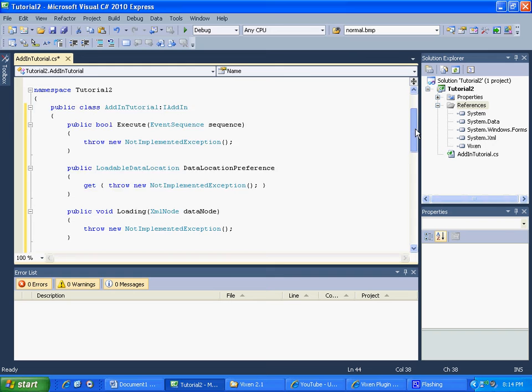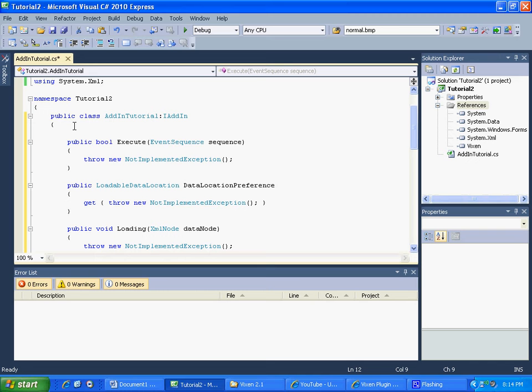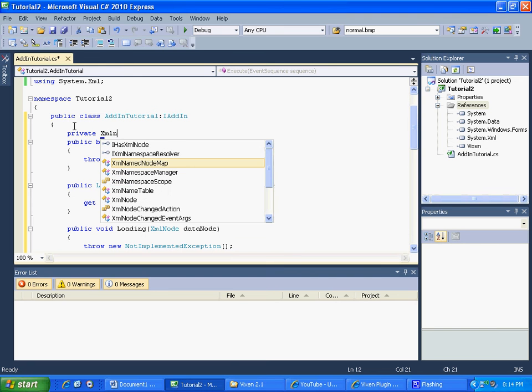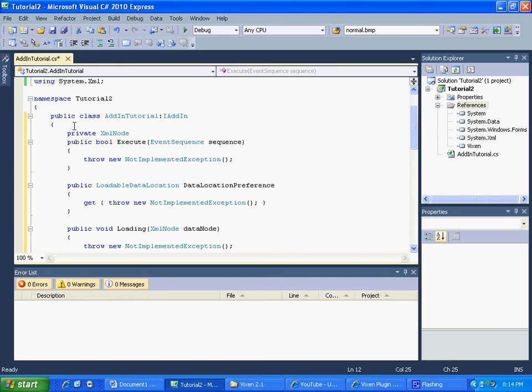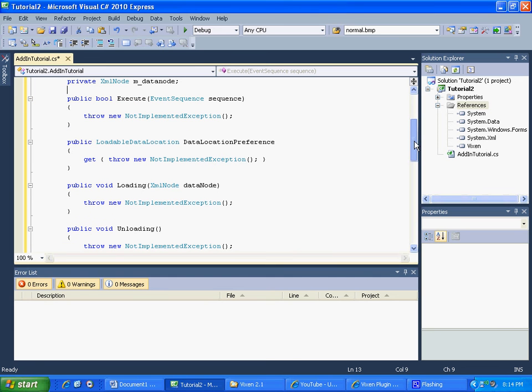So in general, you'll probably want to make a global variable of the type XML node. And I call it data node. So now when that is assigned, that's available to us in our entire add-in. And we're just going to set the data node that was sent to us from Vixen to our mdata node member. So this mdata node equals